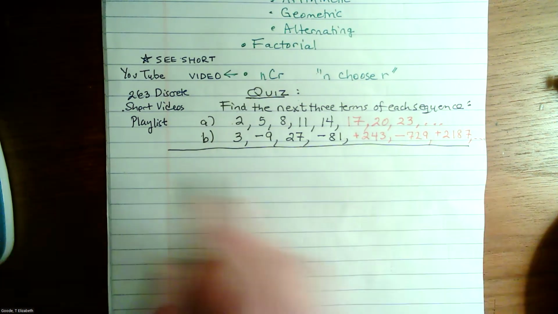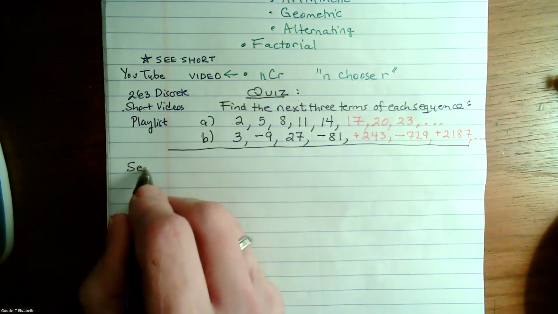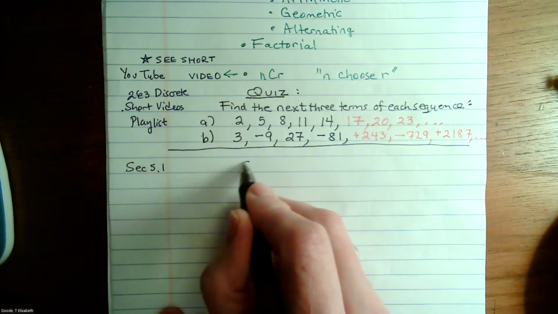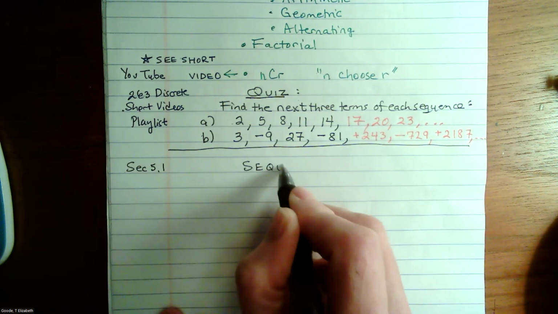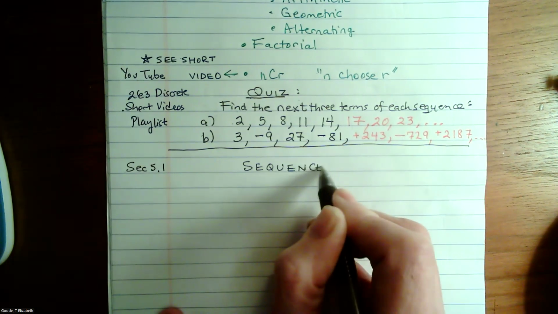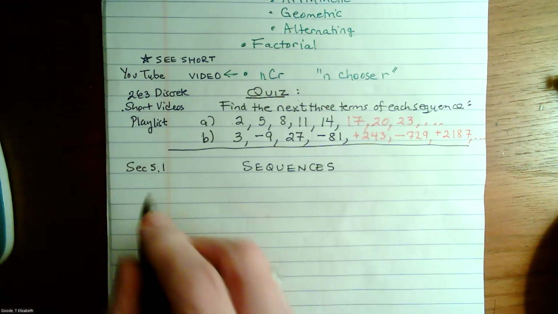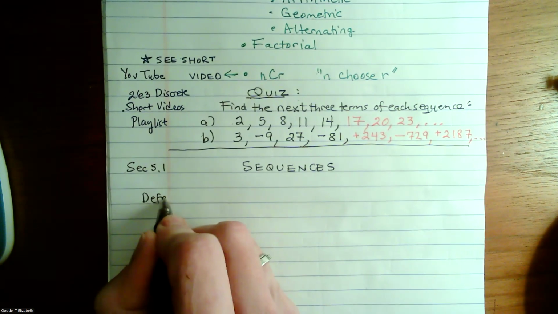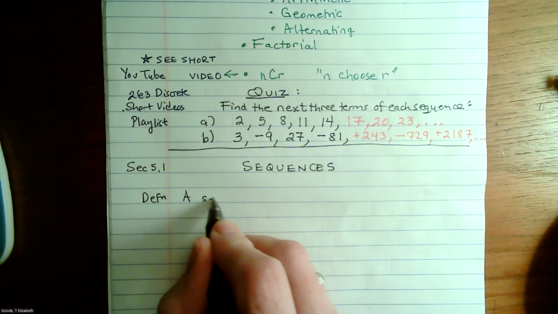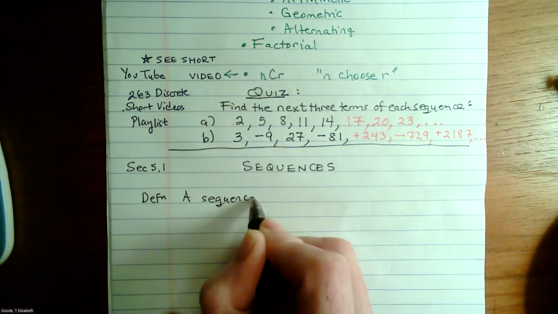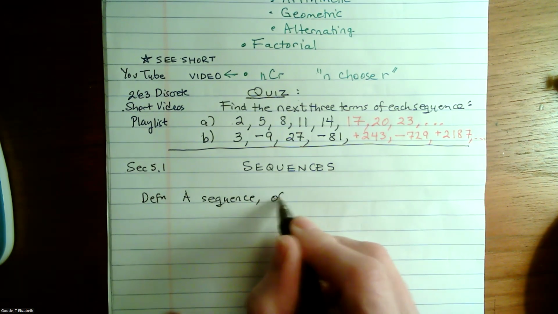So before we look at some more examples, let's go ahead and get a formal definition of a sequence. We are still in section 5.1. Section 5.1 turns out to be fairly meaty. So, talking about sequences now. And our definition goes like this. A sequence, often denoted by,